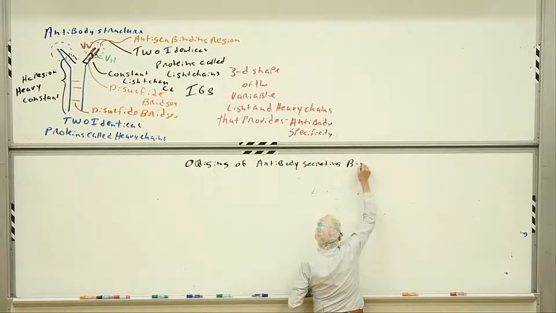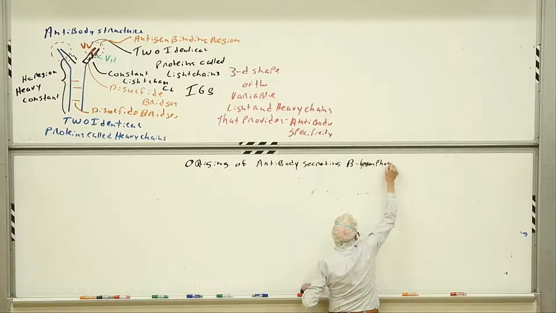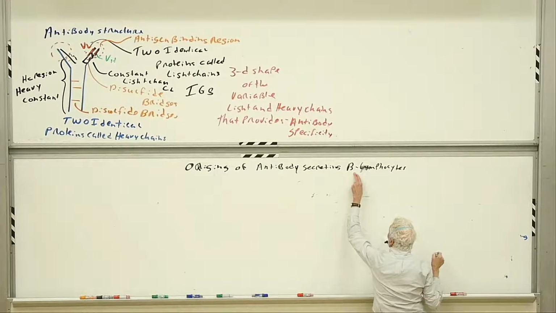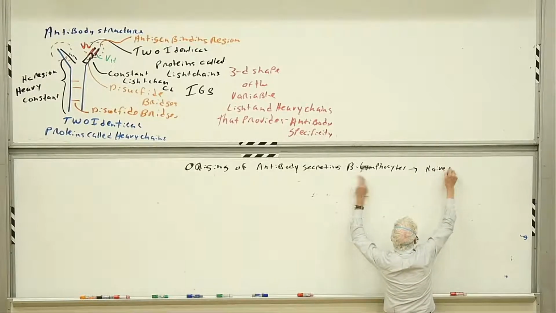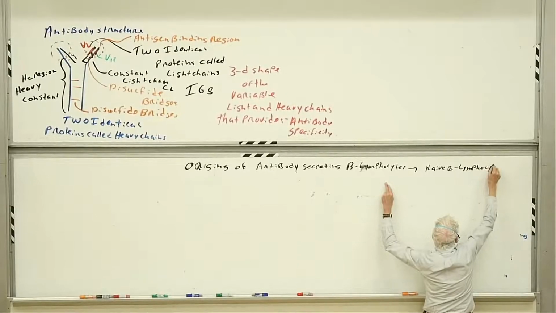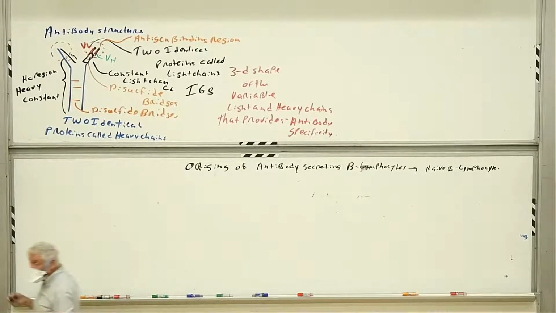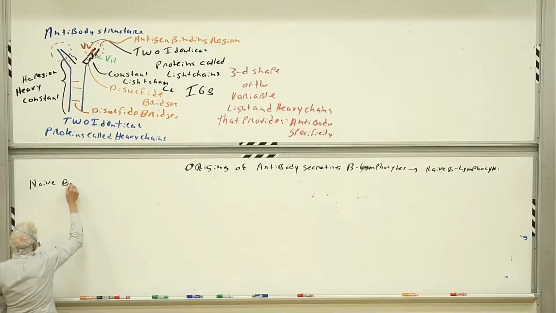B lymphocytes. The origins of the antibody-secreting B lymphocytes all start out with something called a naive B lymphocyte. Last week we talked about the naive T lymphocytes leaving the red bone marrow. Well, the story's going to be similar at the very beginning here, that the naive B lymphocyte